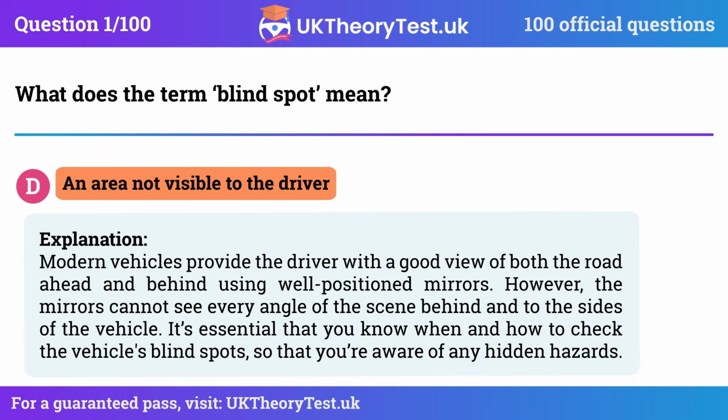Explanation. Modern vehicles provide the driver with a good view of both the road ahead and behind using well-positioned mirrors. However, the mirrors cannot see every angle of the scene behind and to the sides of the vehicle. It's essential that you know when and how to check the vehicle's blind spots so that you're aware of any